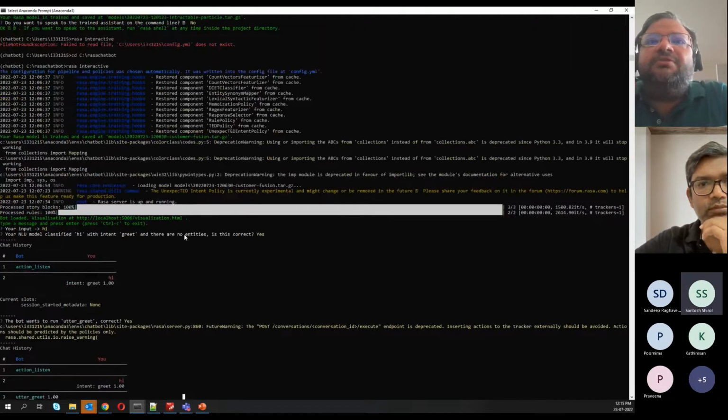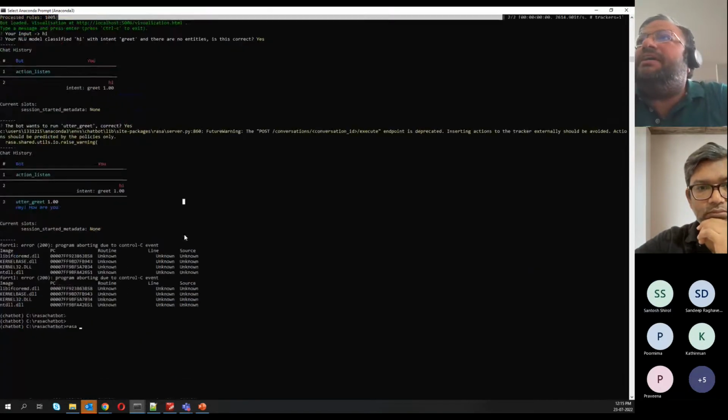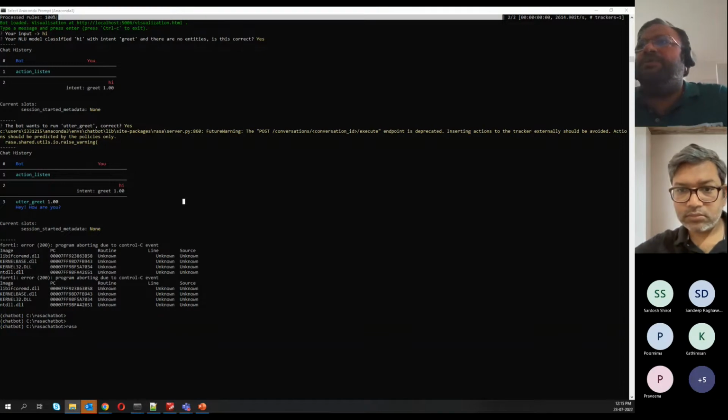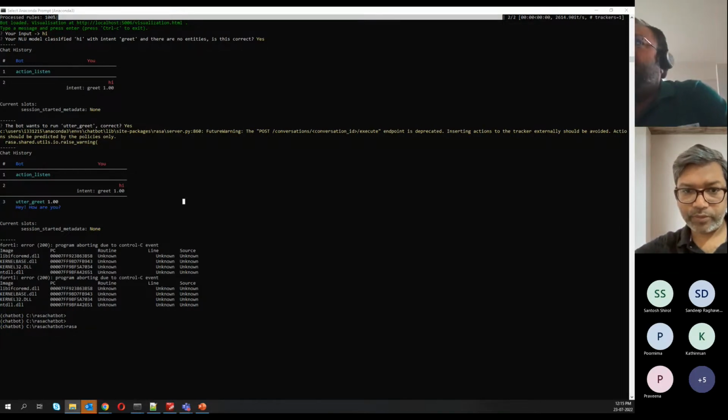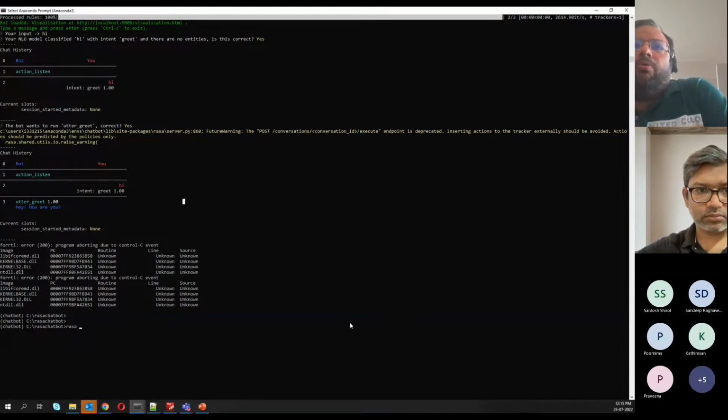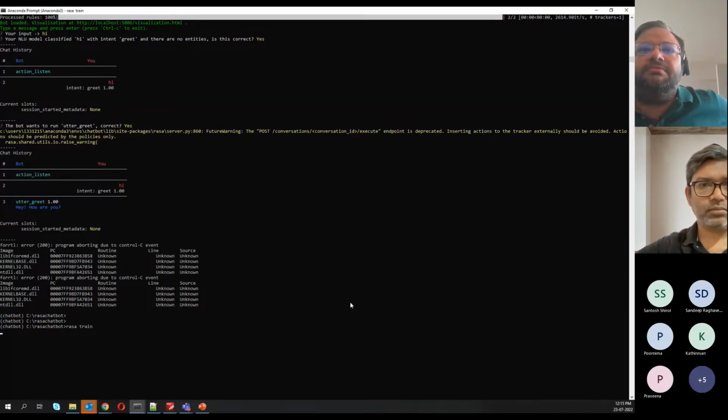Okay, so Rasa train, Rasa shell. Everything is done, sir. In my case, I don't need to train again. But when do you need to train? For example, we added some lines in all the files regarding PNR booking, flight status. Then we'll definitely need to train. Otherwise, if you train, it will say everything is the same, no need to train. Do Rasa train. It will not train anything. I'm hoping you've not made a change. If you have made a change, it will train. Yeah, no sir, I have not made any change. Okay, then hopefully this will not train.